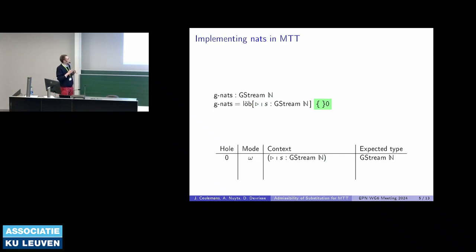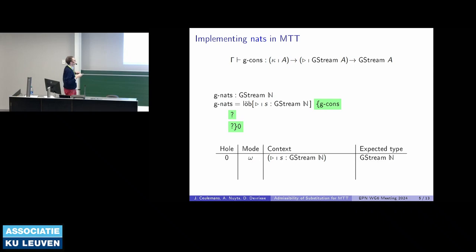And now we're going to construct a stream. So we're going to use this const constructor for a stream. And as I've shown on the previous slide, that's a modal function. So it has these arguments with these modalities. Which means that when we apply this function, then the arguments will get type checked in a context where we apply this lock operation